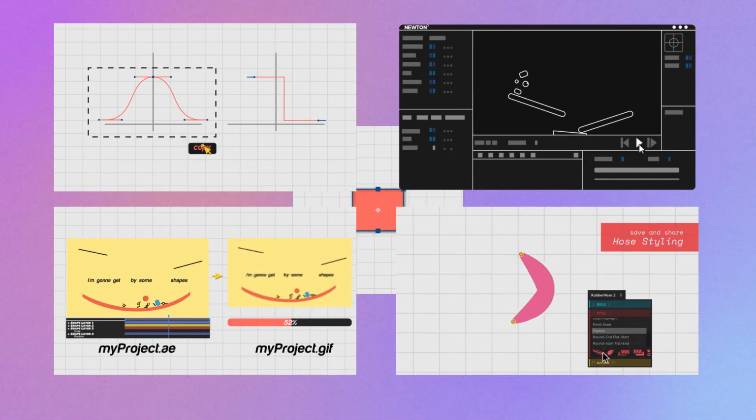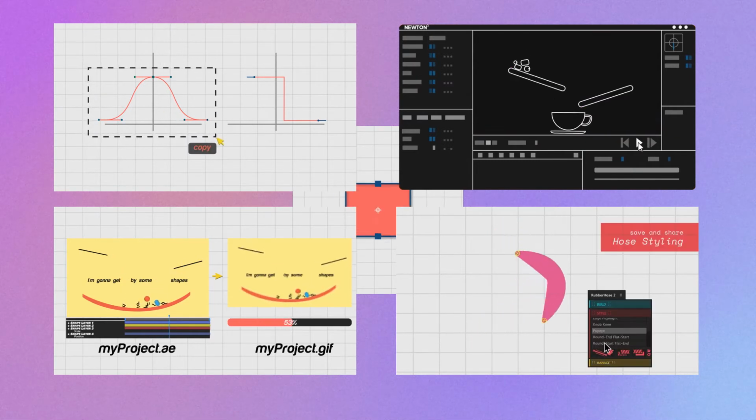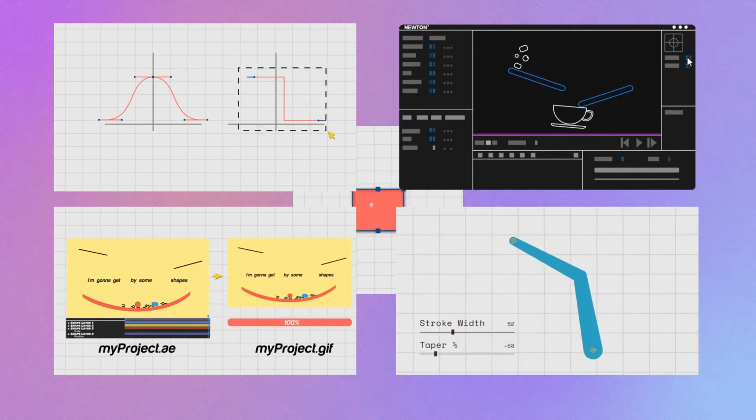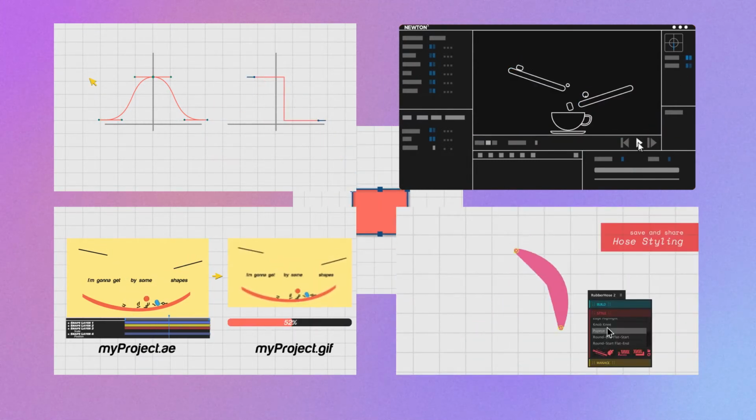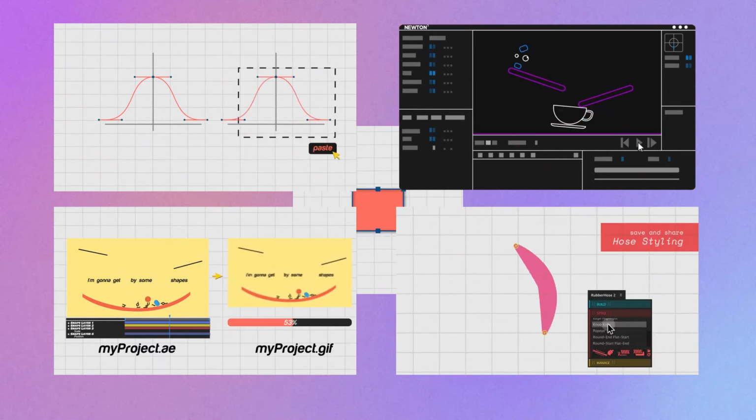Welcome back everybody. In today's episode I want to show you 5 After Effects plugins that I actually use. So in the last couple of years I tried a lot of them and I realized that there are 5 scripts and plugins that I use every time on every project, and I just can't imagine working in After Effects